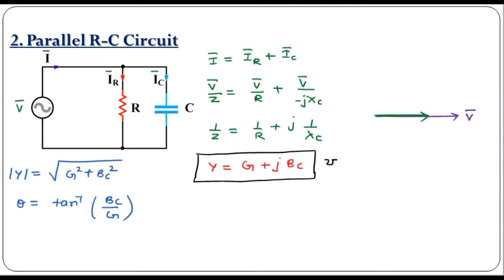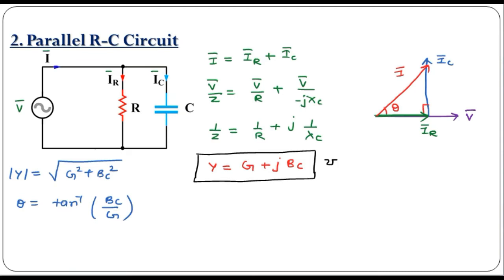Okay, so the IR current will be in phase with the voltage, and IC is the current flowing through the capacitor, and in the case of a capacitor, the current is leading the voltage by 90 degrees. So the IC current is leading the voltage by 90 degrees. If it is leading, we have to represent that angle in the anti-clockwise direction. So this is the IC phasor, leading the voltage phasor by 90 degrees. Then the total current I is the phasor sum of IR and IC, so this is the total current I phasor. This angle is theta, and this is 90 degrees.